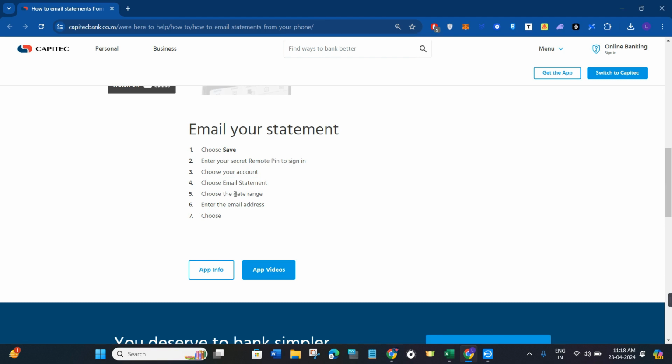Afterwards it will show you the duration or the time range, so you just have to choose the date range, and afterwards you need to enter that particular email address at which you want to receive your stamped statement. After filling those details, you need to tap on the choose button and then you just have to submit the